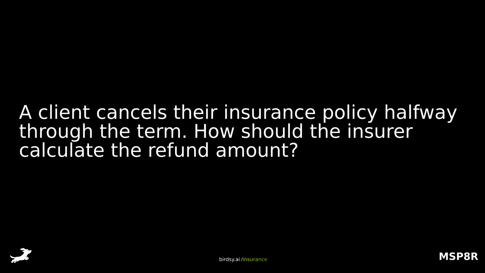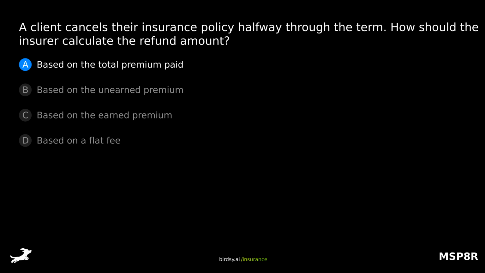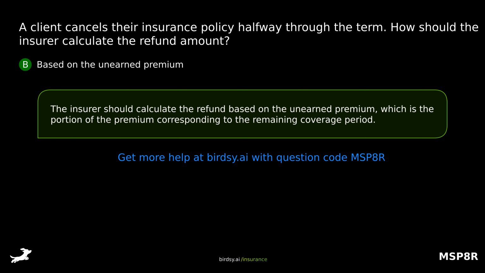A client cancels their insurance policy halfway through the term. How should the insurer calculate the refund amount? Is it A, based on the total premium paid, B, based on the unearned premium, C, based on the earned premium, or D, based on a flat fee? The answer is B, based on the unearned premium. The insurer should calculate the refund based on the unearned premium, which is the portion of the premium corresponding to